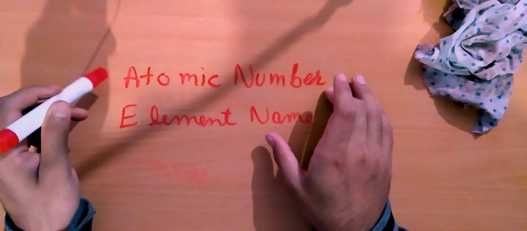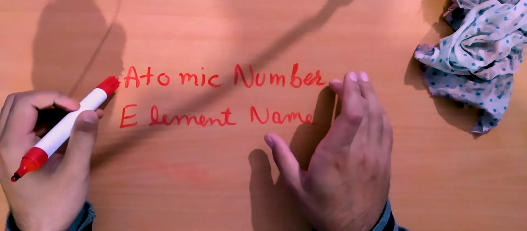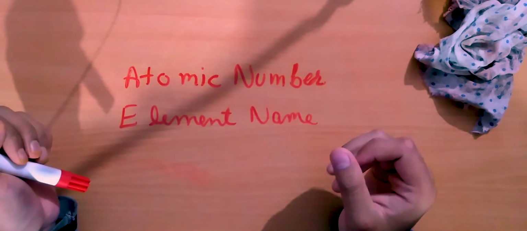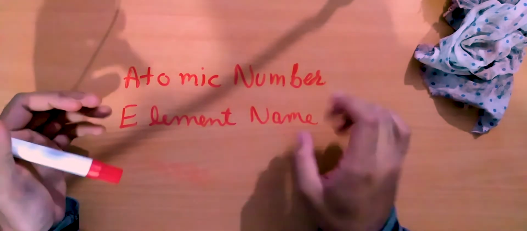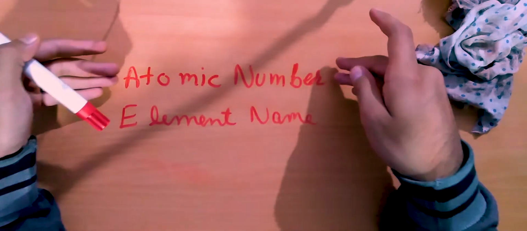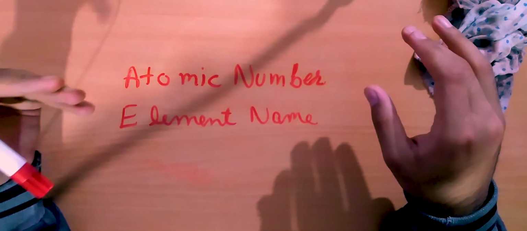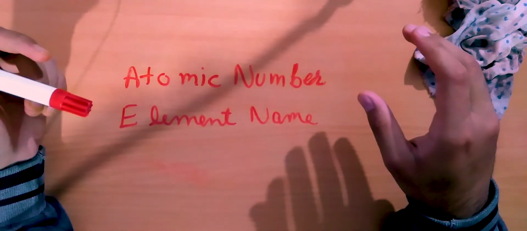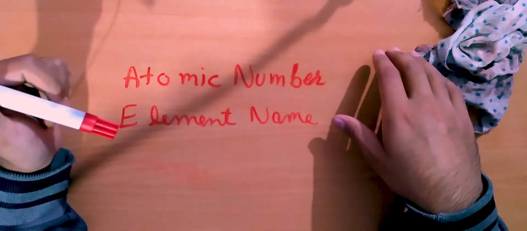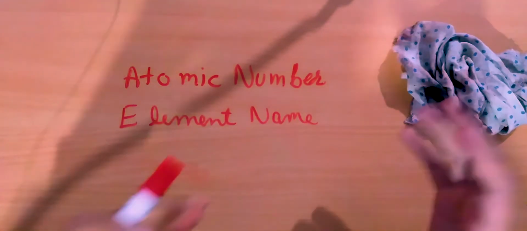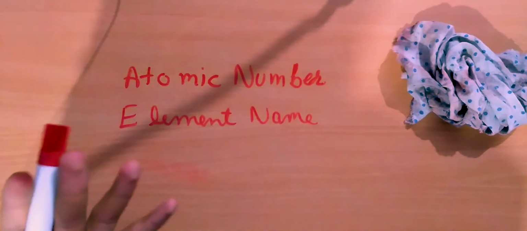For example, hydrogen has 1, and that atomic number represents the number of protons in that given element. So for example, the element name is hydrogen, its atomic number is 1, which indicates that that particular element's atoms will have 1 proton, right? So yeah, that is the basic idea behind what makes one element different from another, and the basic idea of atomic number.